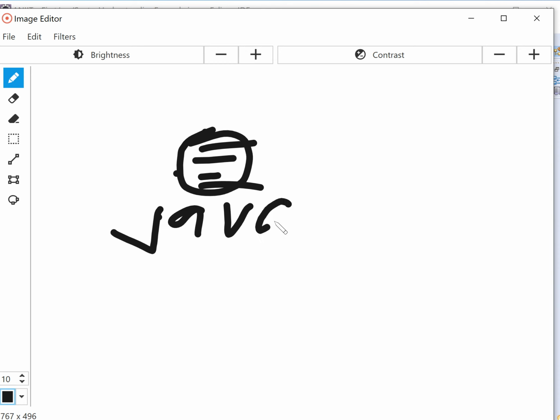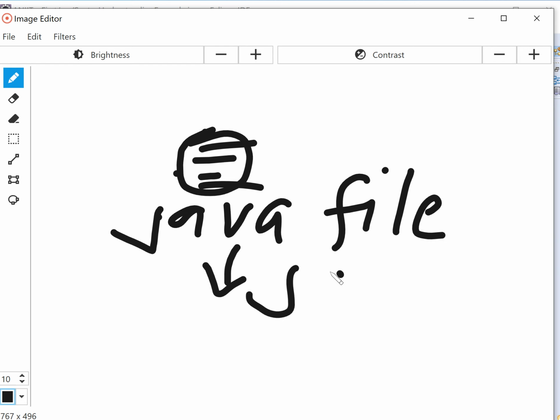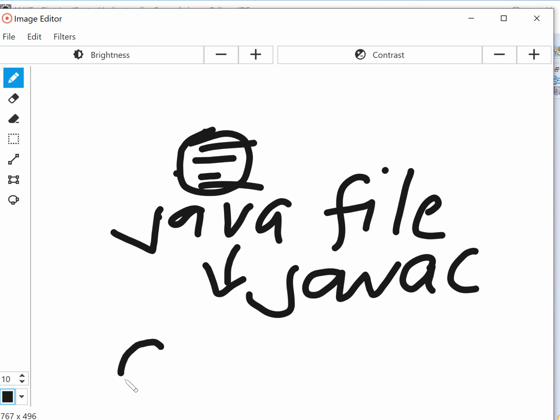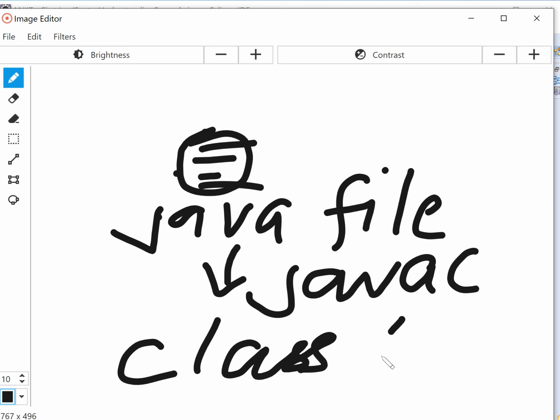When you compile this file with the compiler, what is the name of the compiler? The compiler name is javac. Javac will compile this file and create a class file. This class file is also known as bytecode, and this bytecode is very fast to run on the JVM.